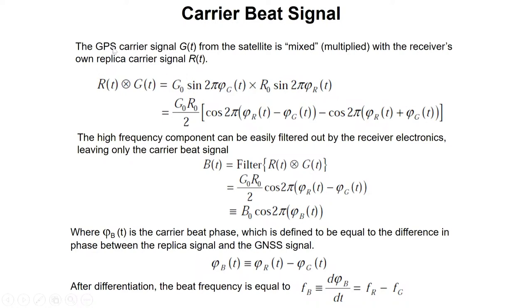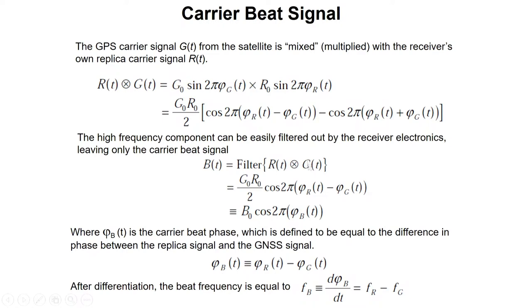As I was talking about your satellite signal and replica signal, when we do the cross correlation, as in the previous slide, we got this equation. When we reformulate this equation, we get the signal like this, and you can see there is a low frequency component and a high frequency component. We want to eliminate the high frequency component and keep the low frequency component. So after filtering this,